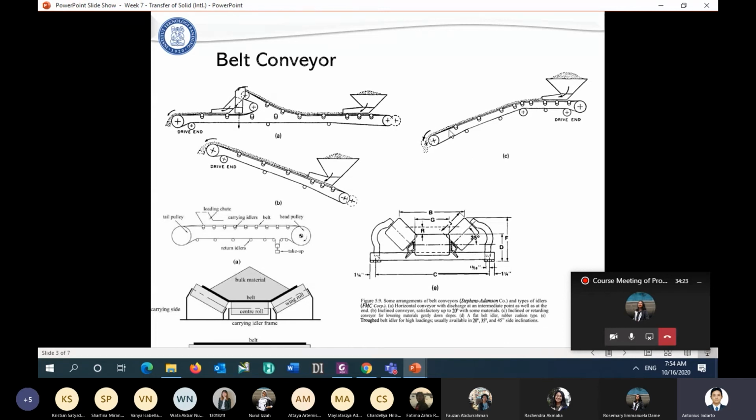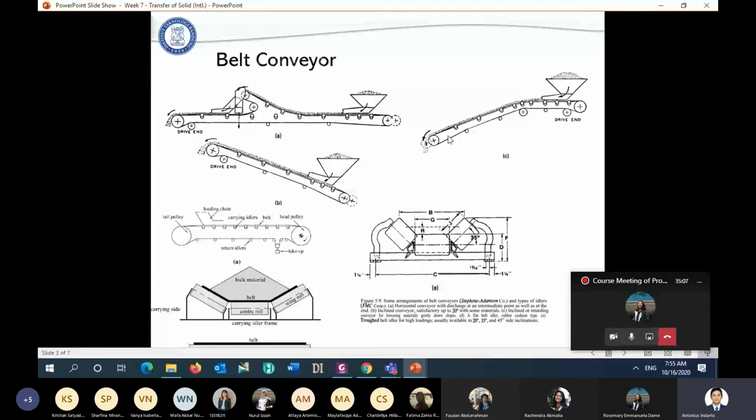And this belt is usually made from rubber, so we can bend it. The reason why we use rubber is because in this position we have to bend the belt. Wait a moment. Why can I not use the pointer? But it's okay, I think. We can bend this belt. And then the speed of this belt conveyor depends on the rotation of this side. If we want to reduce the velocity, it means that we will have to reduce the rotation of this cylinder.